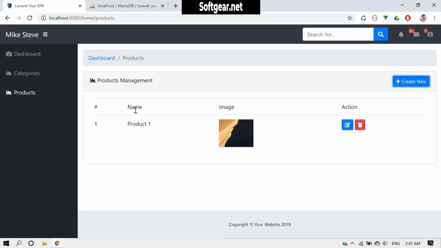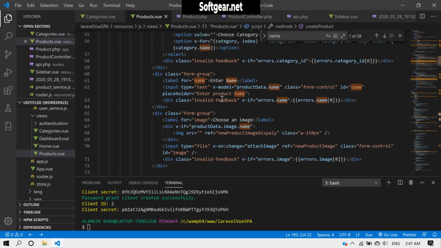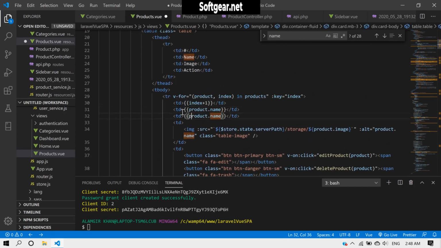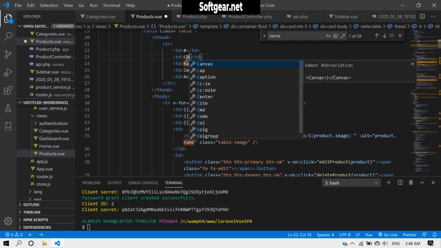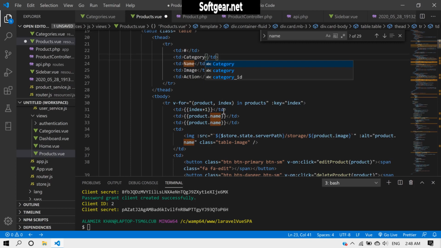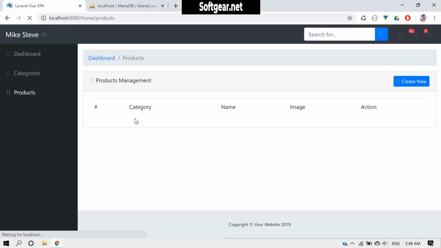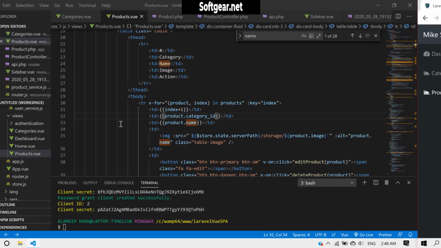Now we have to display the category name here. So this is the product name, and we need to have the category name. First of all, let's write a category here, and here we have the product category ID. We reload this, so we have the ID here, but we need a category name. So for that